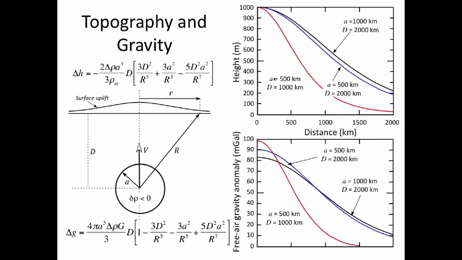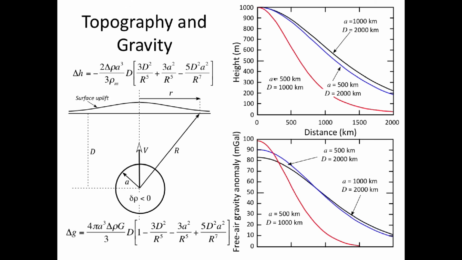Well, if we do this for some sensible cases thinking about the lower mantle, we're going to have D be large, 1,000 or 2,000 kilometers. We need a sphere that's big enough to give us a surface deflection that's big enough with a density anomaly. So we let the sphere have a radius of 500 or maybe 1,000 kilometers up in here. And we consider only cases where we have 1,000 meters of surface height because everything scales linearly with this. And then we get a distribution of surface height. Obviously, a small sphere at a shallow depth gives you a more localized elevation profile than one that's steeper.